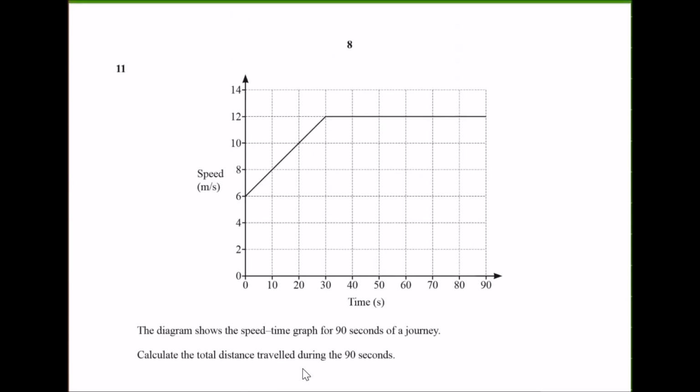Okay. Now question number 11. We have a diagram here. It says the diagram shows the speed time graph for 90 seconds of a journey. Calculate the total distance traveled during the 90 seconds. As you know, to find the distance traveled from a speed time graph, we calculate area under the graph. So area under the graph, if we have to find, what you can do,